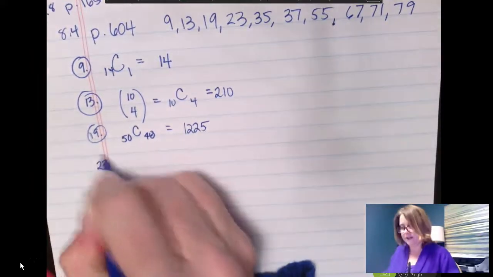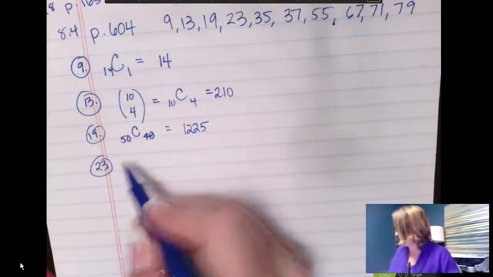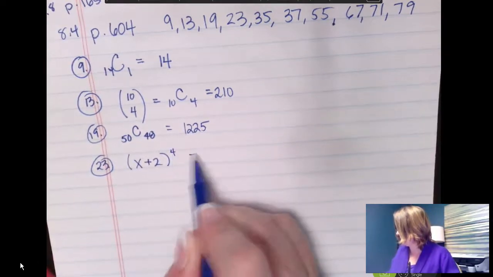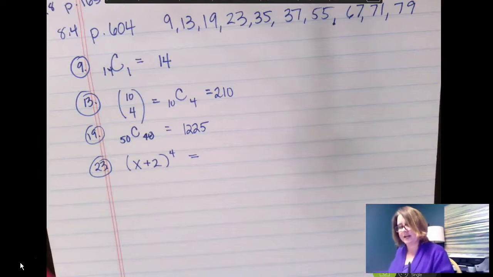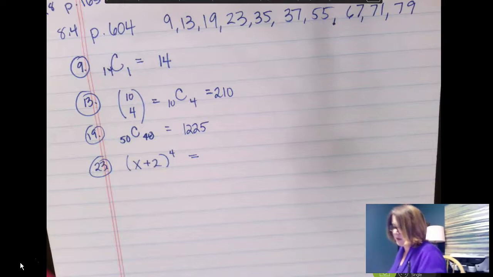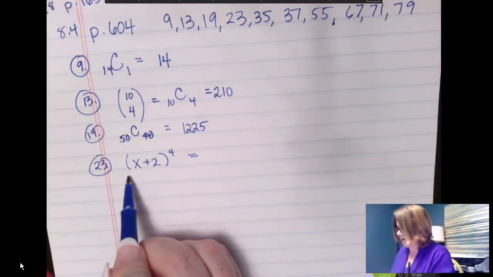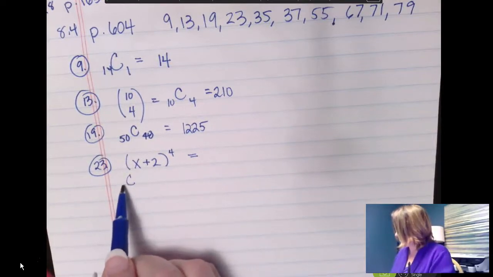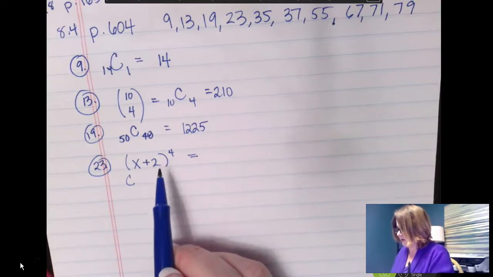Number 23, that's actually the first binomial expansion problem that we've had. So we want to be able to expand x plus 2 to the 4th. And so we kind of want to look back at some of our notes. To be able to expand x plus 2 to the 4th, we're going to need to figure out our binomial coefficients. The first one is, let's see, so we'll end up with 5 terms,